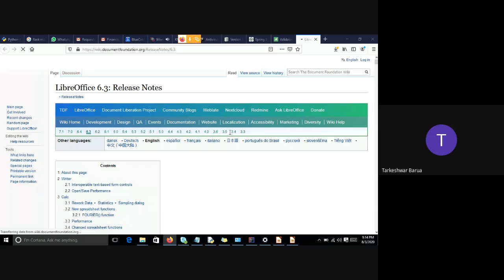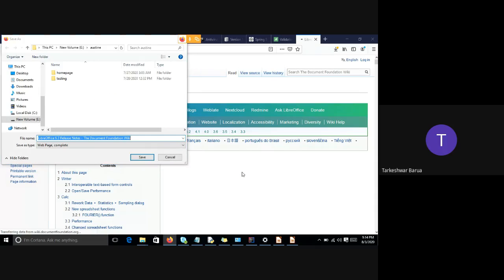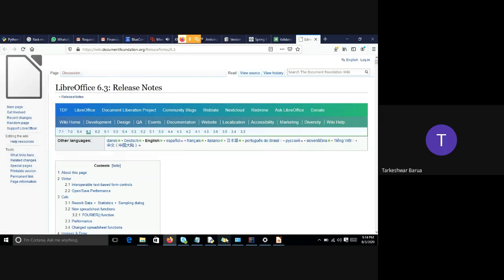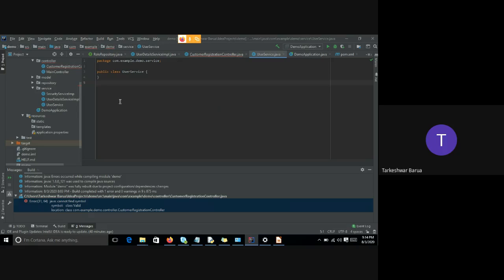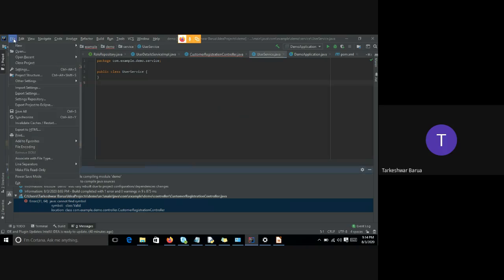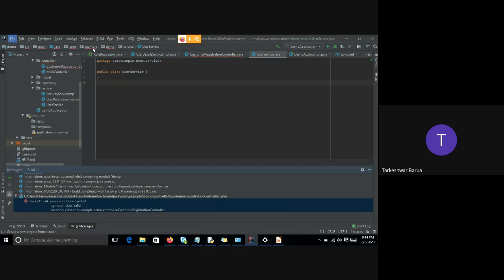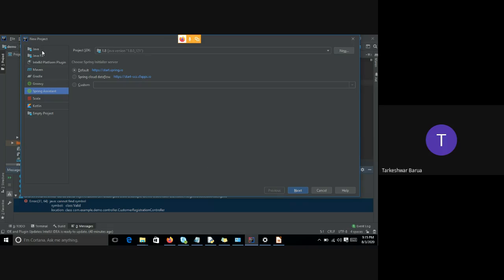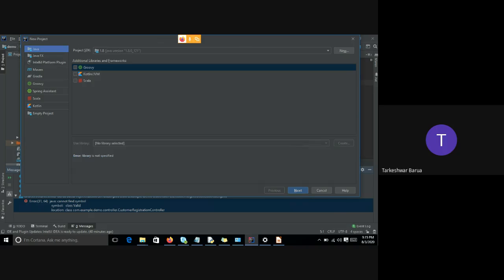So now, how to start testing the application. In the beginning, I will write one small calculator program and then I will test this. I'm going to create one basic Java application.